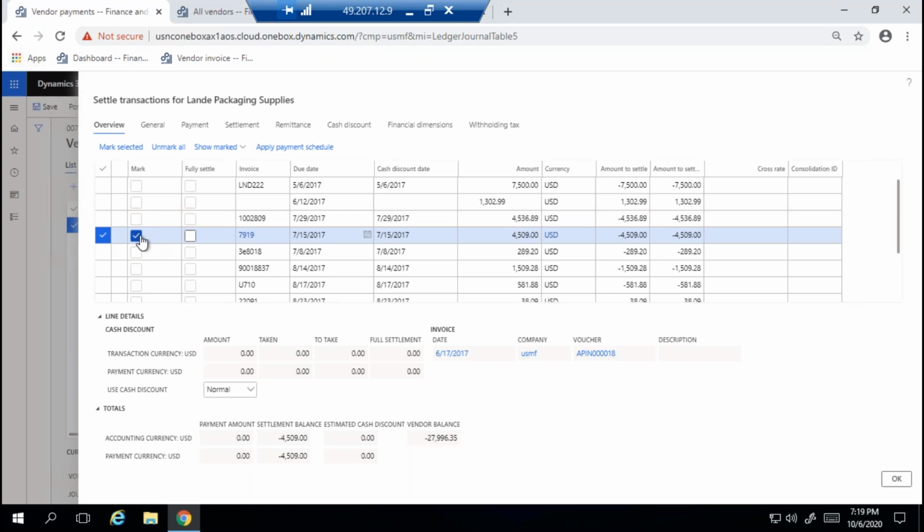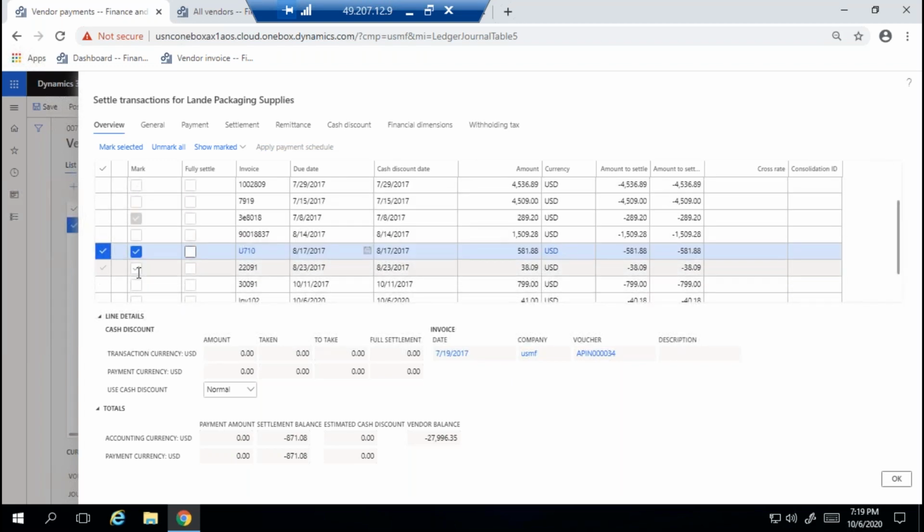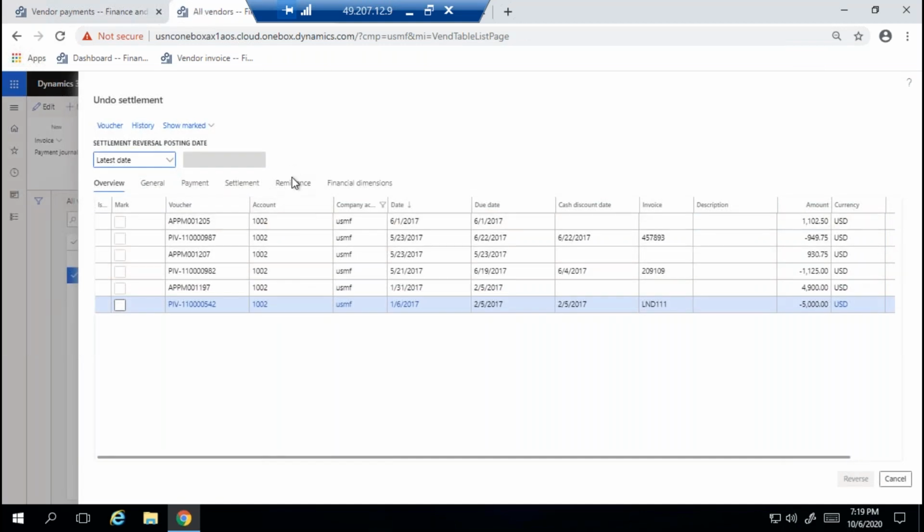I don't want like this. I want the system to propose this invoice, based on parameters, based on the criteria. If you want, you can use payment proposal. Both are the same. Instead of selecting one by one, you are telling the condition, like I want to do the payment less than 1000. Both are the same. If you are doing like this, automatically it will show settle transactions.